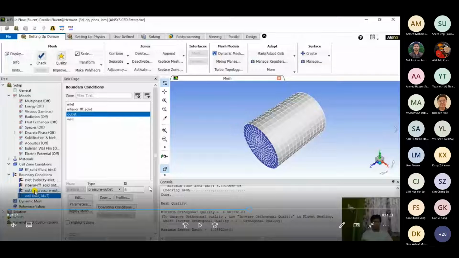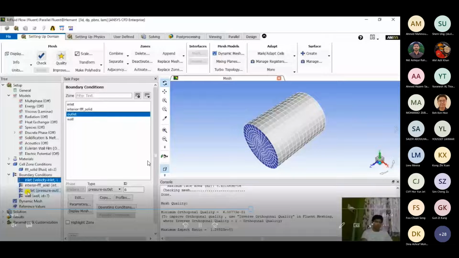So on similar lines, you would have worked with different applications that have different feasibilities. Coming back to this point, here we don't change anything, you just keep it as pressure outlet, because based on your velocity, it will calculate the pressure at the outlet, and we only want to observe the velocity contour, whether it's properly developing or not. Okay. In the wall, we don't generally change anything. Like you can see in the interior here as well.